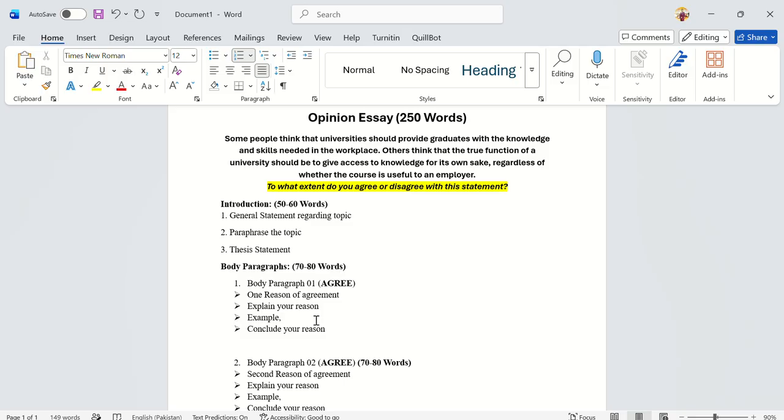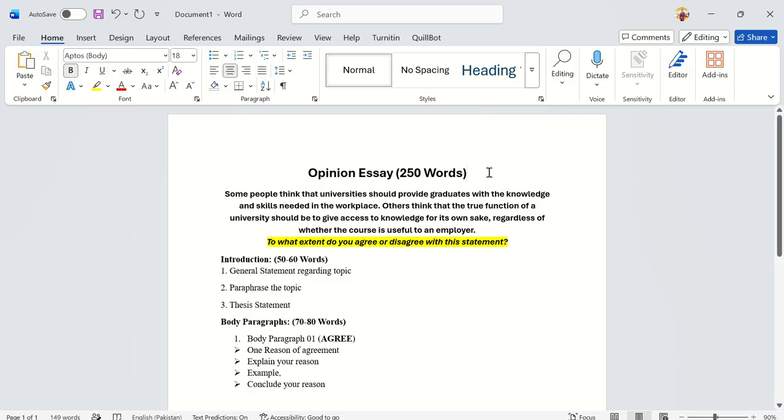In upcoming lectures, we will also cover another type of essay, which is the double question essay. Okay, and we will also cover writing task 1 of academic, which is how you can write report writing. There are also different types of report writing. We will also cover those. Okay, and here I also mentioned to you the weightage of essays in IELTS academic writing